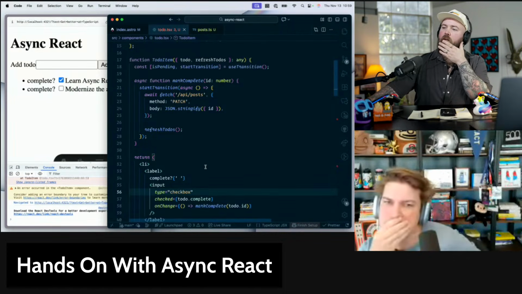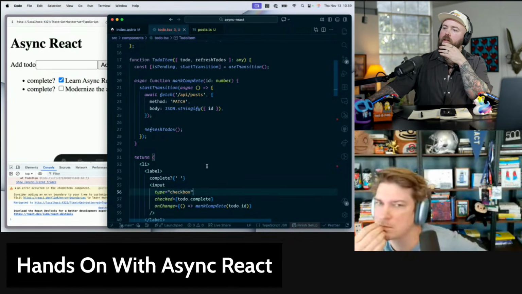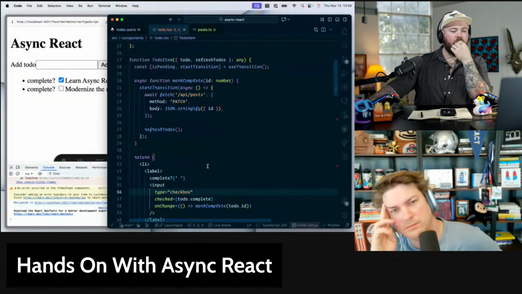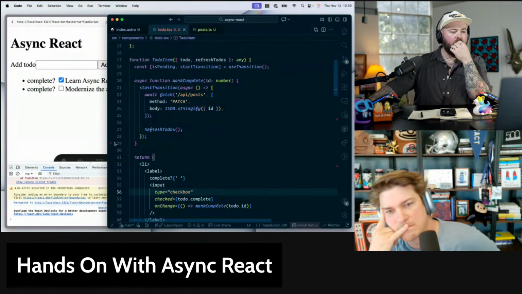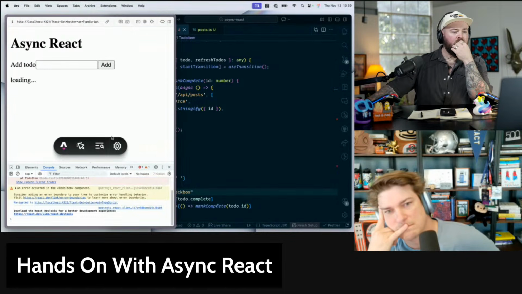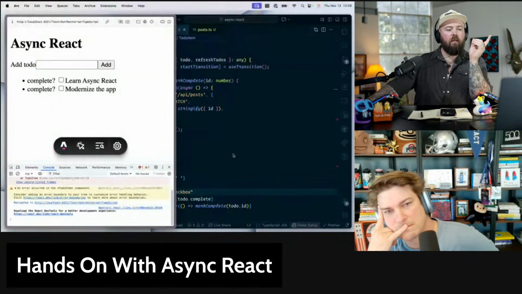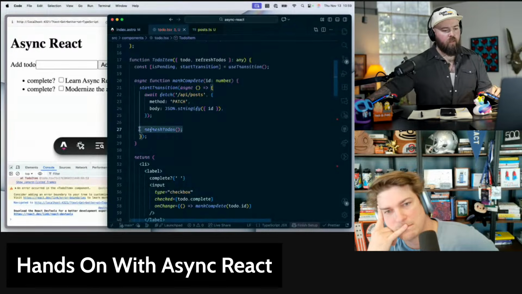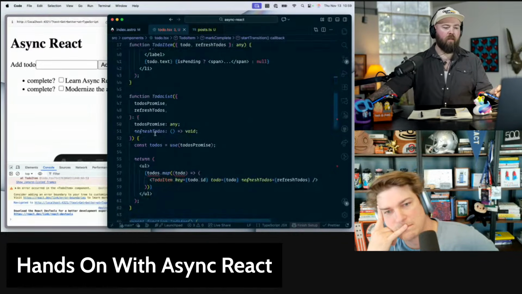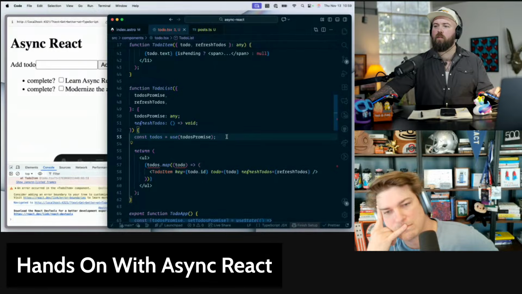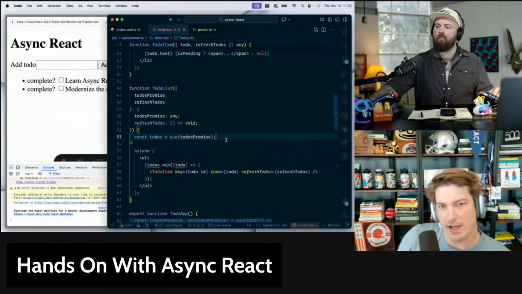Did I screw us by not going with a regular Vite app or something? No. Can you click it again? Refresh to dos kicks off the whole thing again, right? So there's no way for us to not kick off the suspense boundary. Yeah, but it's in a transition, so it should happen in the background.